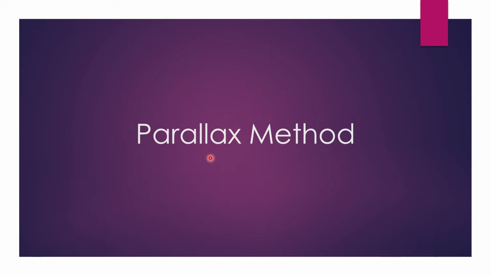So in the last video of the astronomical distances series, we discussed the introduction to astronomical distances, the units which are used to measure the distances to celestial bodies, and after that we also discussed a little bit about the methods which are used to calculate these distances. Now, from this video onwards, we will talk about all the methods which I mentioned in the last video one by one. So first we'll start with the parallax method.